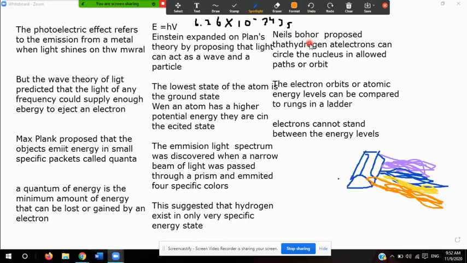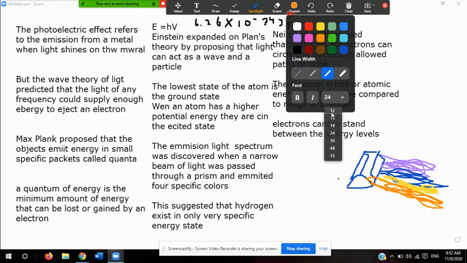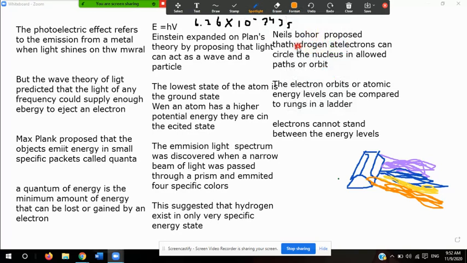Okay, and then here we have Niels Bohr. And Niels Bohr, trying to explain this, proposed that hydrogen electrons can circle the nucleus at specific orbits. So Niels Bohr actually proposed that hydrogen atoms were surrounded by energy levels. And in some cases, Bohr's theory was called the planetary theory because it suggested that the electron orbits, specifically